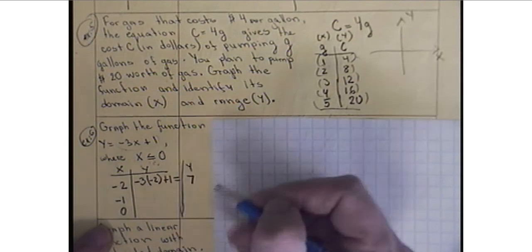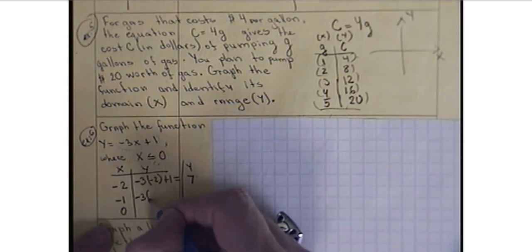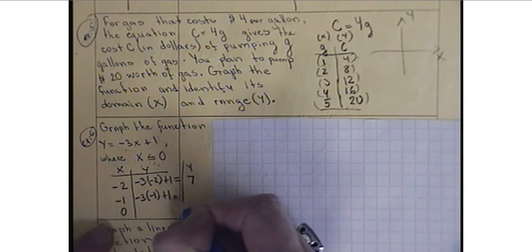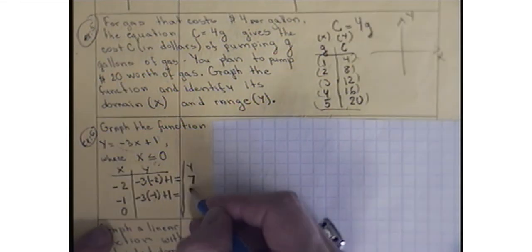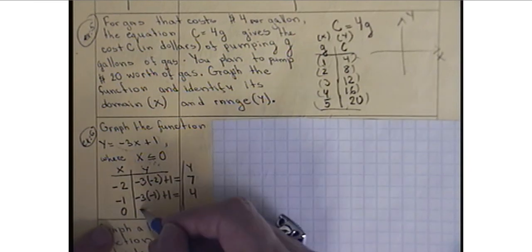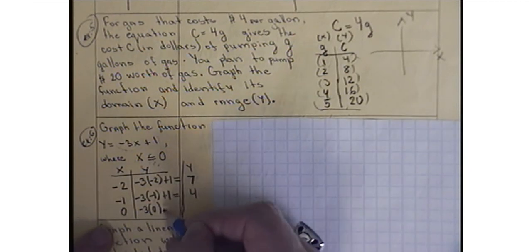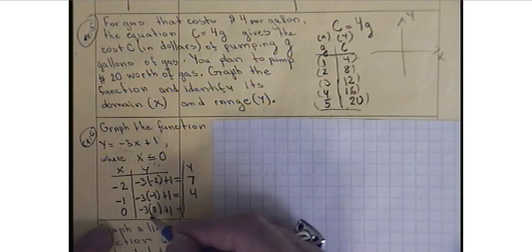Then we have negative 3 times negative 1 plus 1, which is equal to negative 3 times negative 1 is positive 3, plus 1 will give us 4. And the last one we have negative 3 times 0 plus 1. So this is 0 plus 1, which will give us 1. And look at this. The first point in the graph will have coordinates of negative 2 and 7. So I'm going to just draw